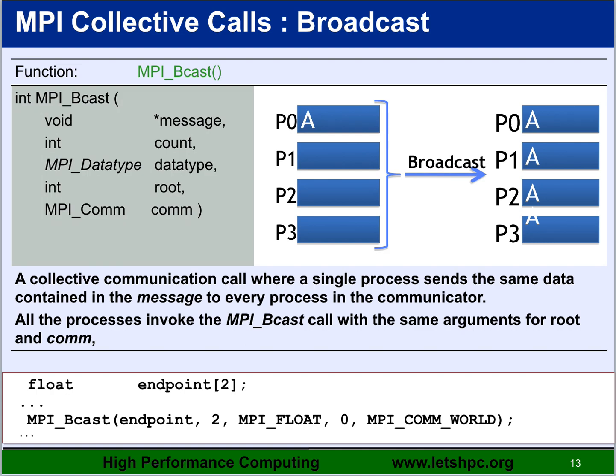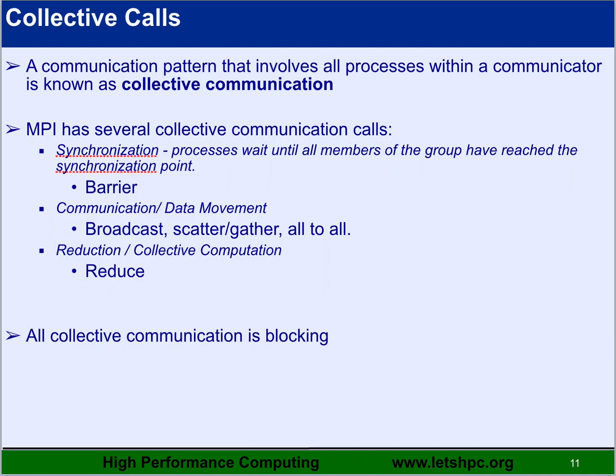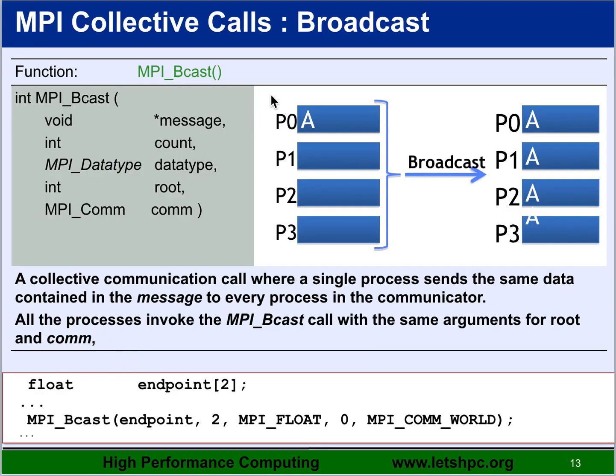Now let's look into an example from the second category. If you remember, the second category is basically the communication or data movement category. One other interesting call is MPI broadcast. The call is represented with this function called MPI underscore broadcast. So you have